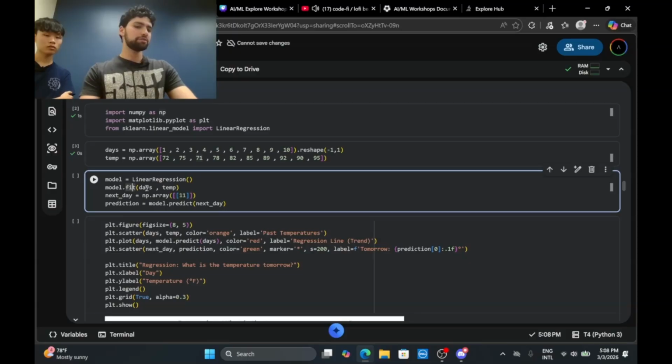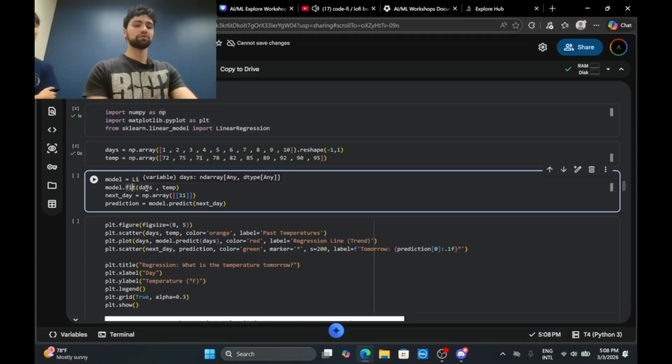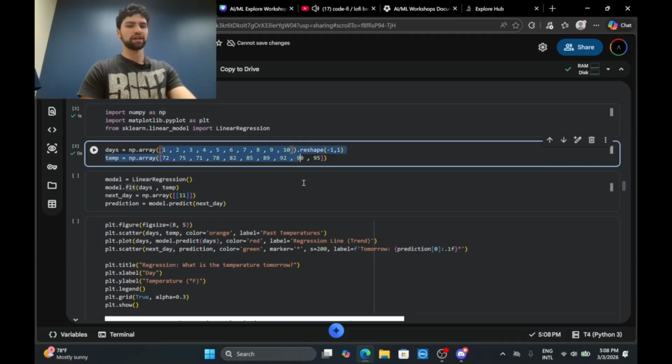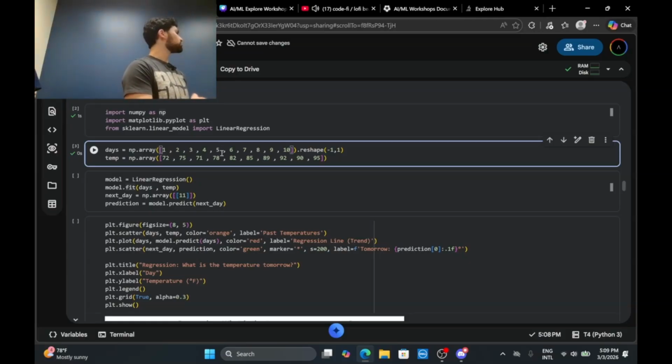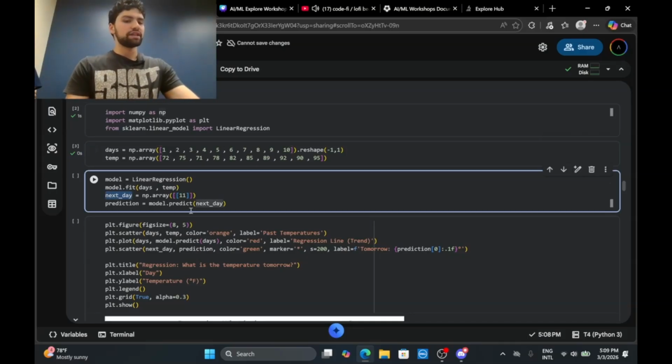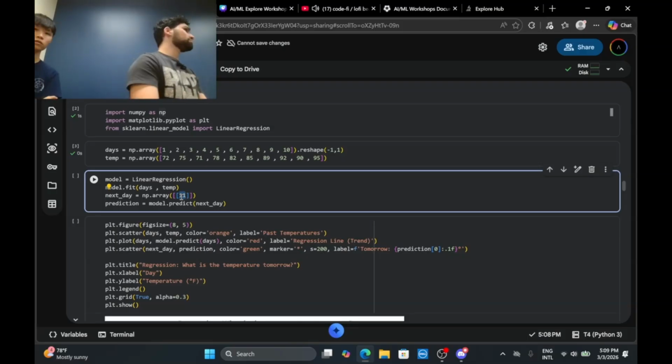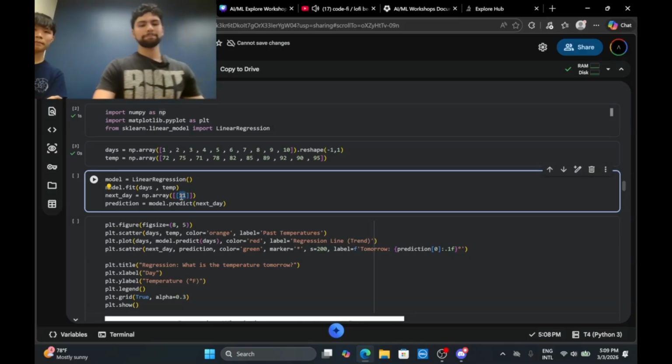And .fit means that with the data we were given, days 1 through 10 and the temperatures, we fit. That is basically the training of the model. We want to predict the next day, day 11. What would the temperature on day 11 be, given the previous 10 days?